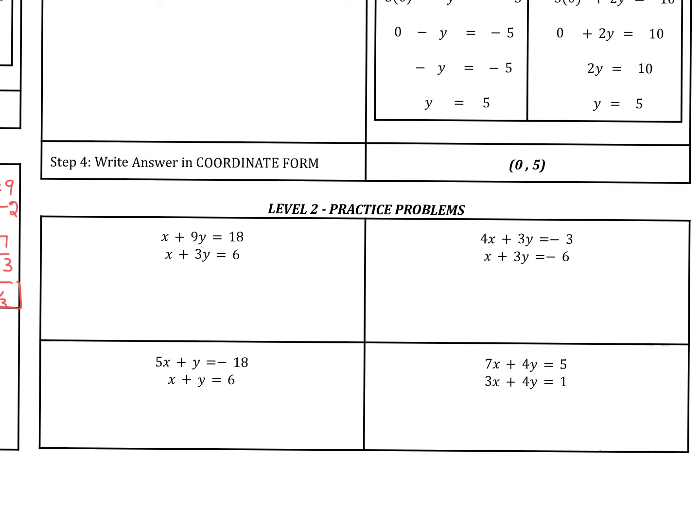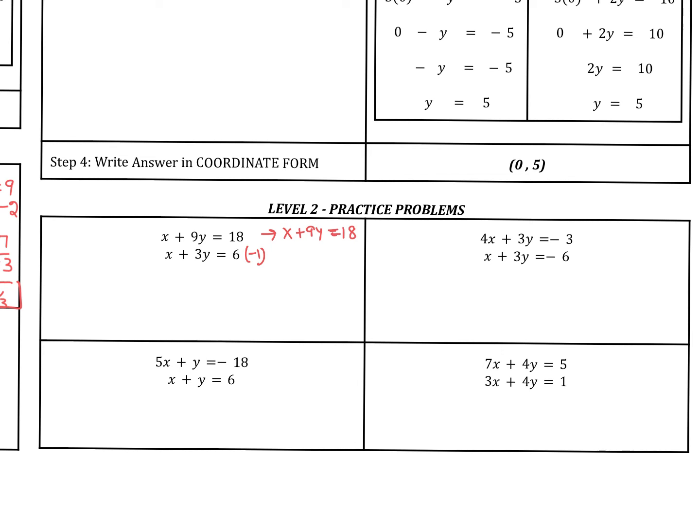For level 2, the first question, you see the x and x are the same but they are not opposite signs, so you're going to multiply one of the equations by negative so that one of them is negative and one of them is positive and they cancel. So I'm going to multiply the bottom equation by negative 1. Top equation is as is,